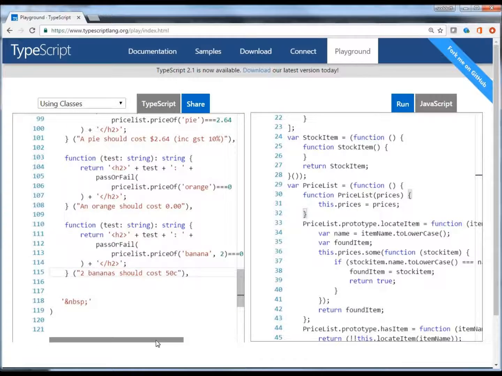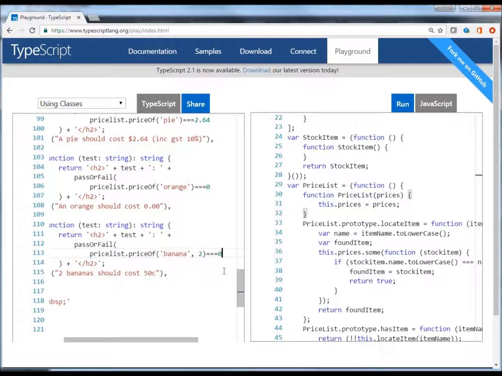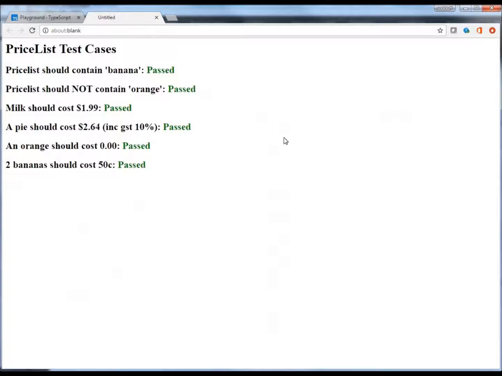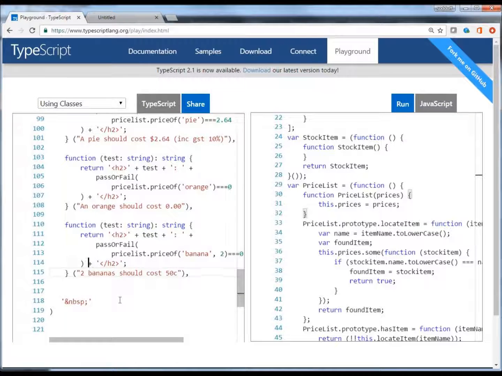So theoretically we should have a passing test case now, except, oh yeah, better put 50 cents on there. So it should equal 50 cents, and that should now pass, which it does. So it makes me feel good. So next, obviously, we've got the